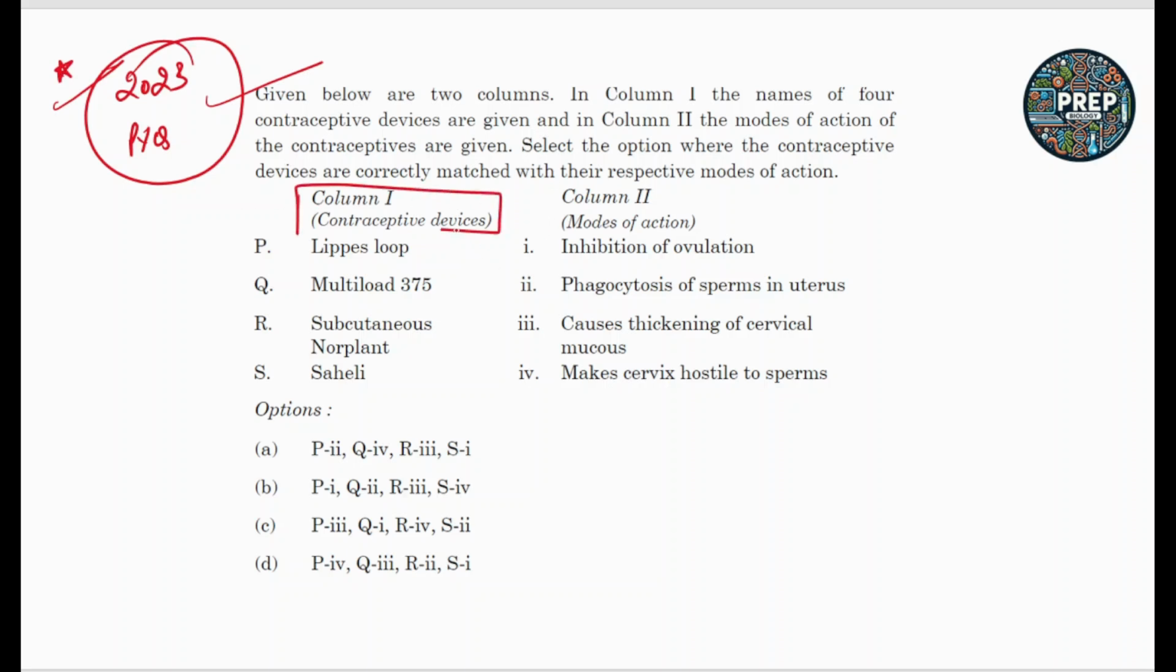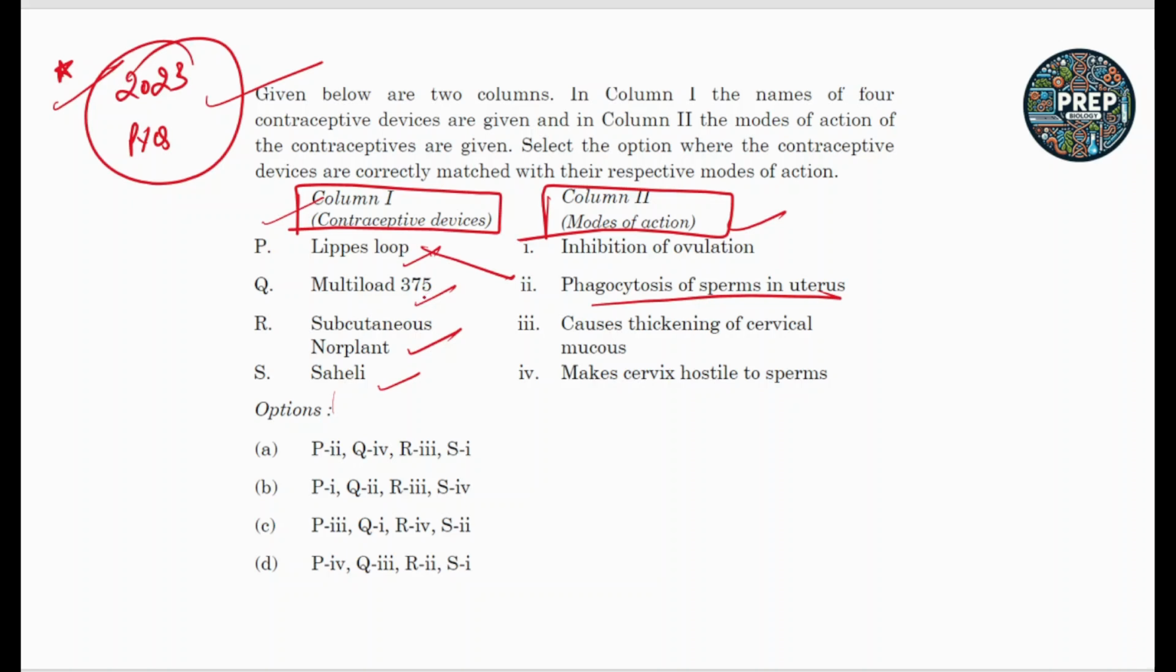So you have to match the columns: column 1 has the contraceptive devices and column 2 has the modes of action. This question we have already discussed in the class on the methods of contraception. You have the contraceptive devices like Lippes loop, Multiload 375, subcutaneous Norplant, and Saheli tablets, and they have modes of action. So the answer of this question is, the Lippes loop